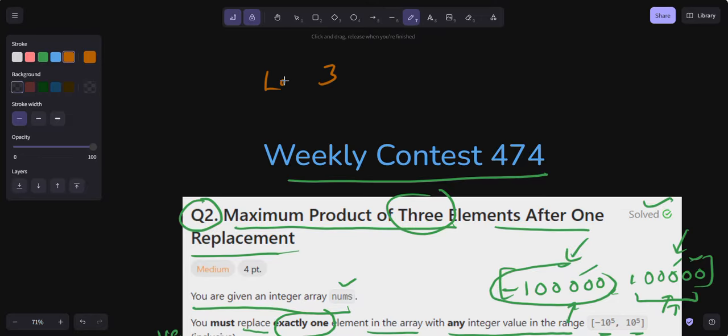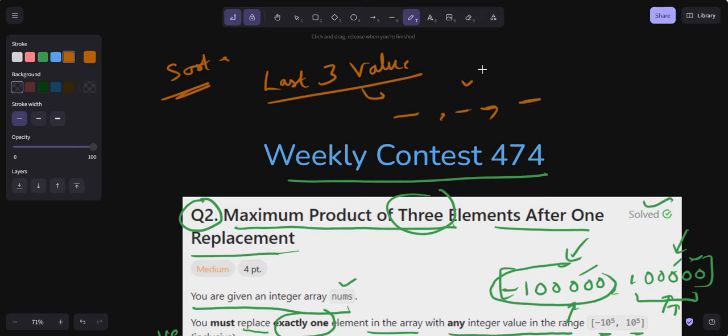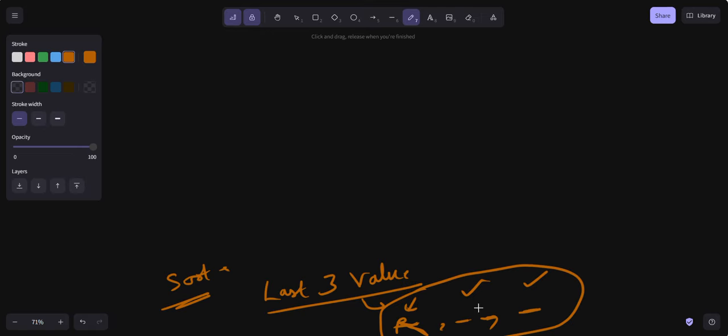The last three values: if I sort the array in increasing order, in the last three values I have something like this. So I will take this and I am going to replace it. This is the scenario that I discussed right now. And if I replace it, I will check all these cases also, because maybe we have in total three values only, and maybe these are negative. So I have to check all the replacements. Here maybe I will use minus or positive, right? And another scenario is